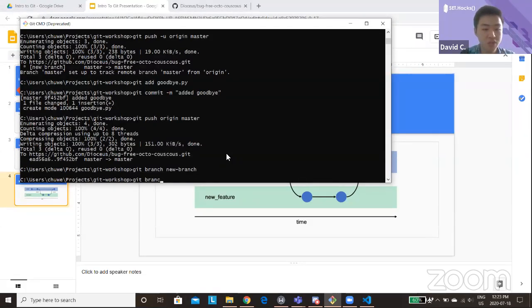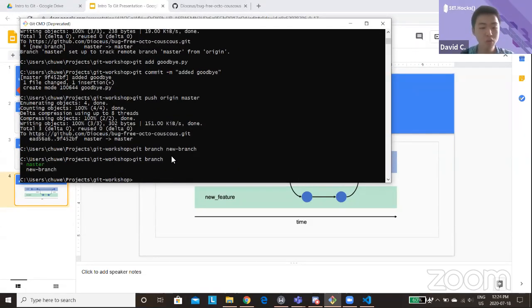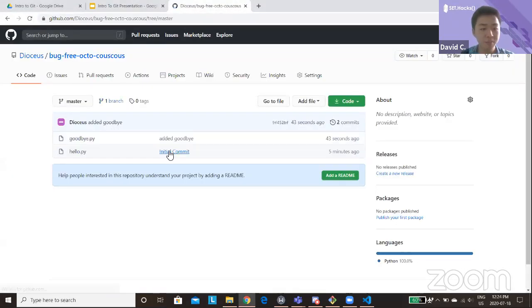So then you just type the command git branch, and this command shows you which branch you're on, as well as it lists all the branches that exist locally. But this branch exists locally. So what that means is that if you go here, we've committed goodbye, but Git doesn't specifically know that